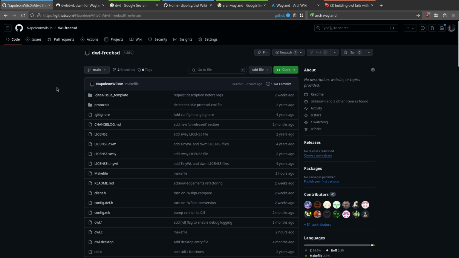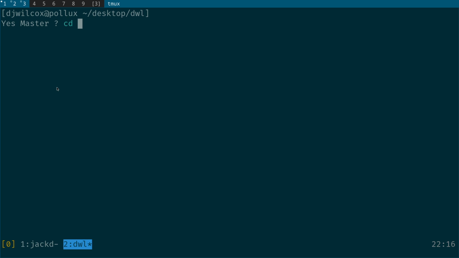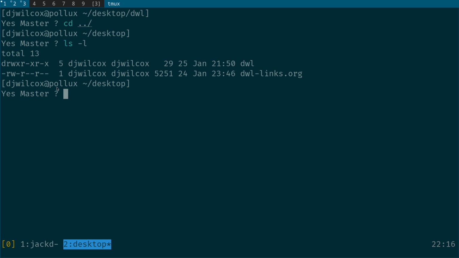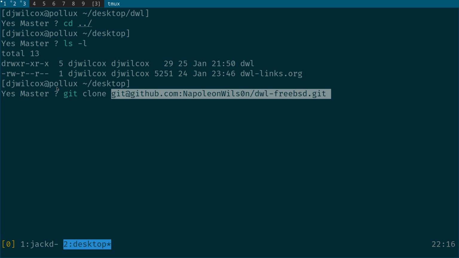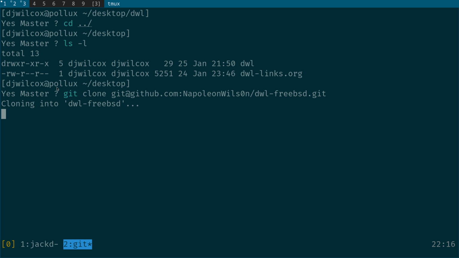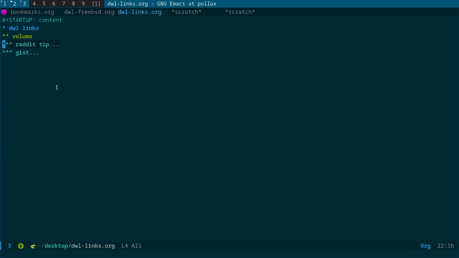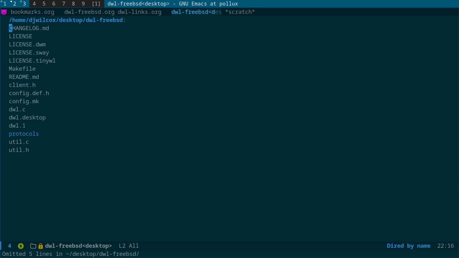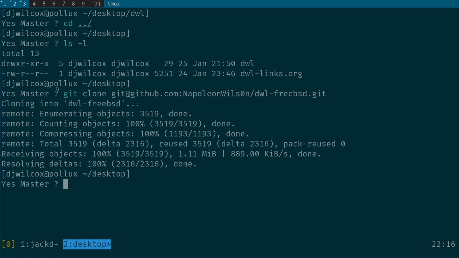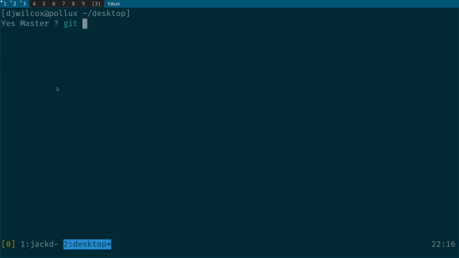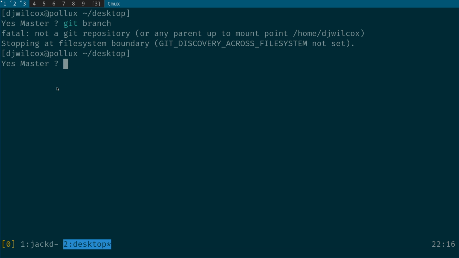So what I'm going to do is come across here and git clone, and it should hopefully have all my changes in. So let's come across to the desktop, dwl-freebsd, and you can see that should be on the branch. So if I do git branch,